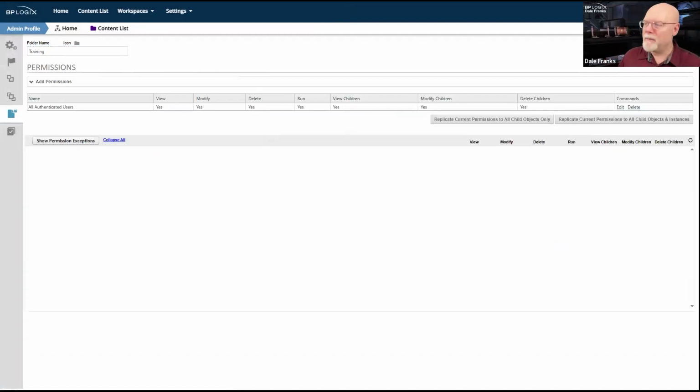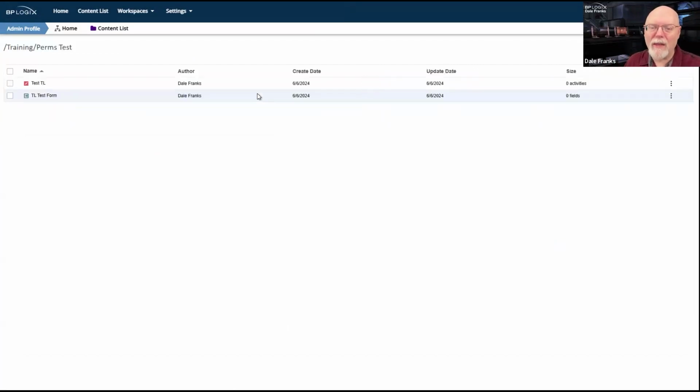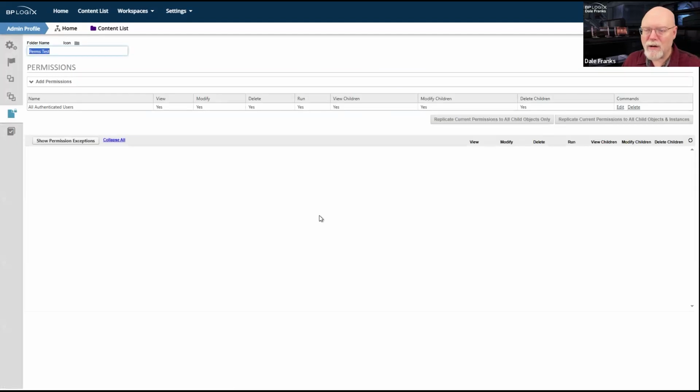And if I go into my perms test folder or anything in the perms test folder, these objects were, once again, basically by importing them, I'm creating these objects de novo on this second system, documentation. And thus they will inherit the properties of whatever folder into which I import them.